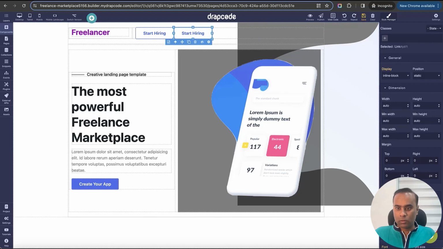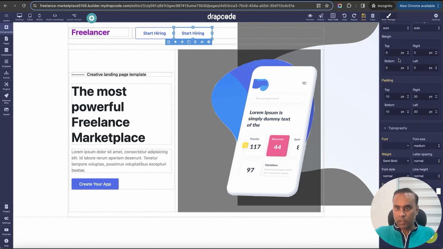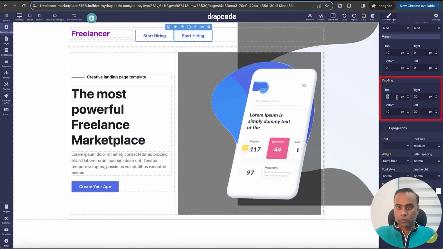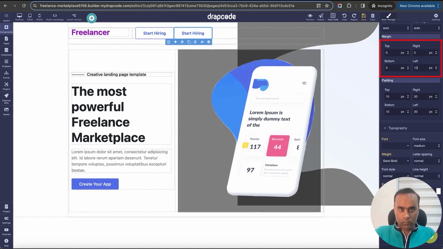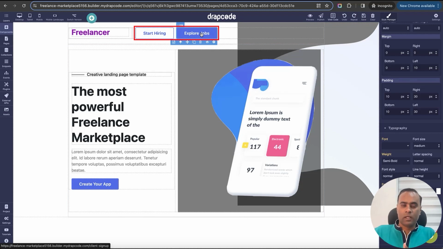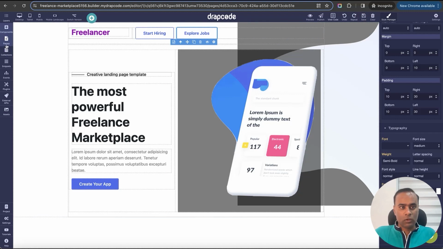Let's add one more button. I'll add a bit of margin towards the left, and let's say start. So we have two buttons, start hiring and explore job. Explore job will take it to freelancer sign up, and start hiring to client sign up, right? So now